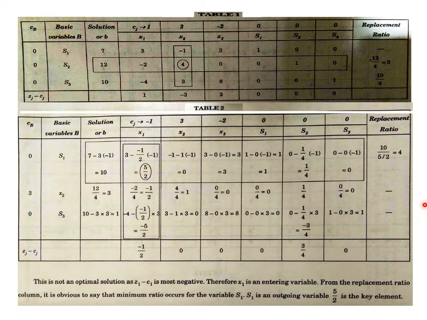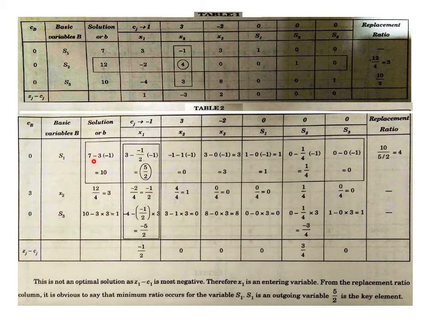Then using that second row, we will find the first row and third row of table 2. Like I mentioned in the previous lecture also, from the first table to the second, second to third, the procedure is similar. So using that second row, and for finding the first and third rows, what are we writing there? Copy the first row, 7, 3, minus 1, 3, 1, 0, 0 of table 1 into table 2 initially.